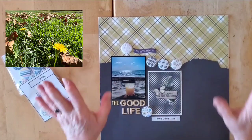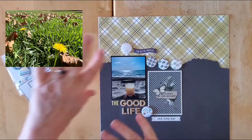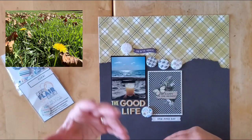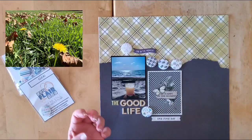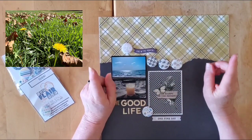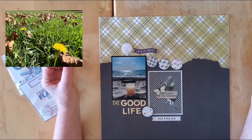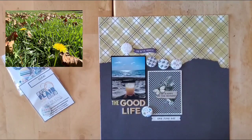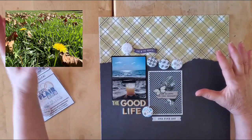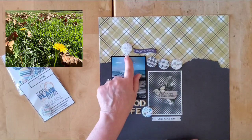You can see this photo up here, which is a lovely green field with a few brown leaves showing the transition into autumn, and that bright pop of yellow from the dandelions at the forefront. I struggled a little bit. My first idea was to recreate that as a background, but today's prompt for Scraptember is rainbow. I didn't want to do a rainbow background because then I felt I wasn't bringing in the inspiration. So I went a completely different route and found this photo,